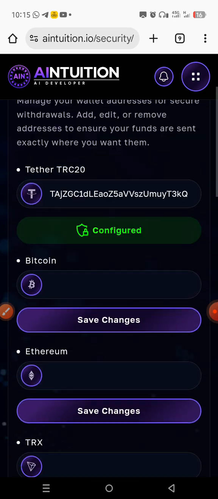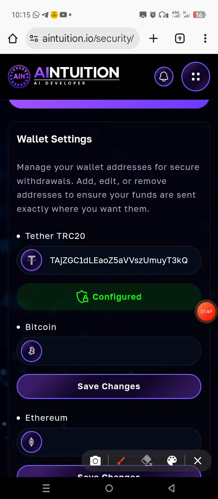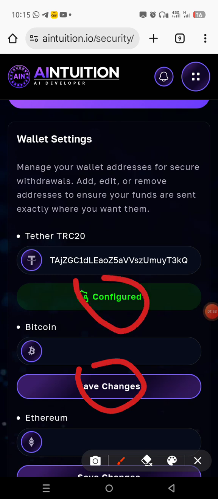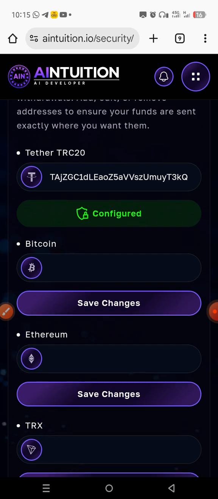Now all of them here you can just set them. And I need to warn you that you have to be very, very careful when you are bringing in your wallet address to set, because once you put it in there and click on this save changes, it becomes configured. And guys, I tried to change it, it's not changeable, which means that any wallet address you put here is fixed. So you must make sure you are without any error. Okay, so for tutorial or for the sake of education,